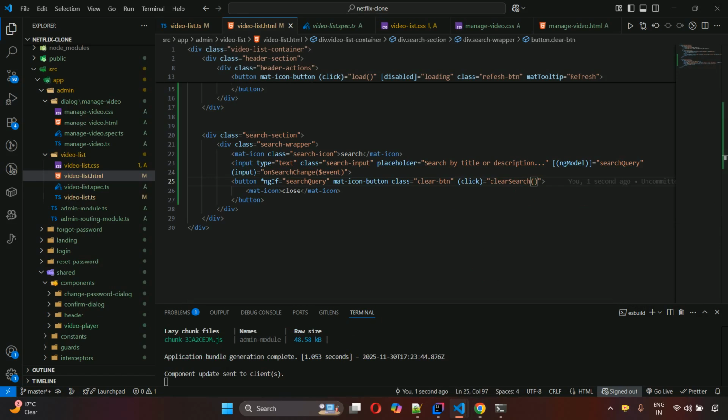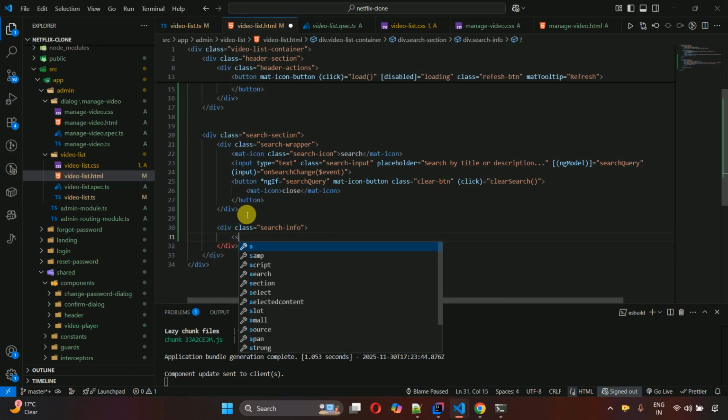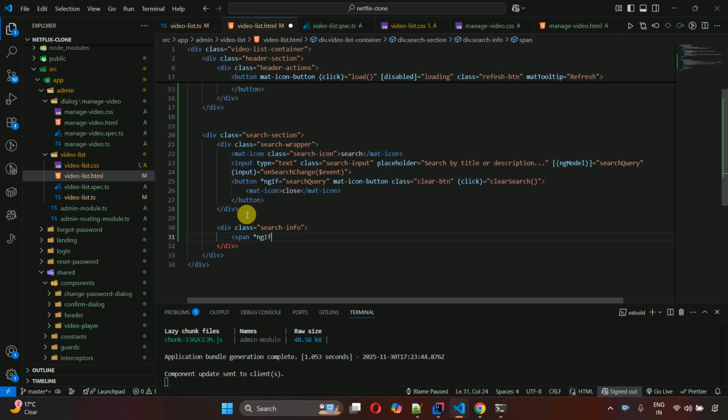And after this, basically we have to add, outside of this search wrapper, the logic to show search information, and here we have to write div class search-info, and in this one span *ngIf, and here not loading, and then closes showing, and then we have this pagedVideos.length, of, then we have to show totalElements,